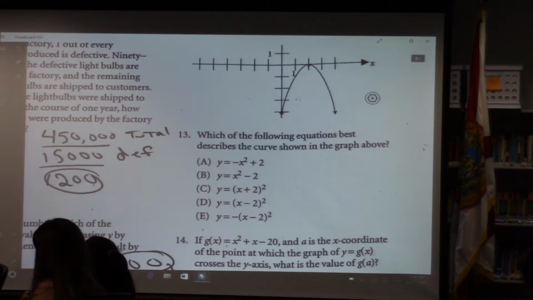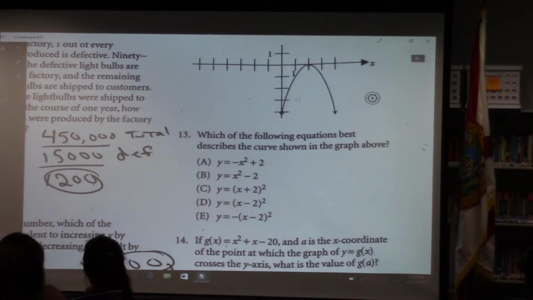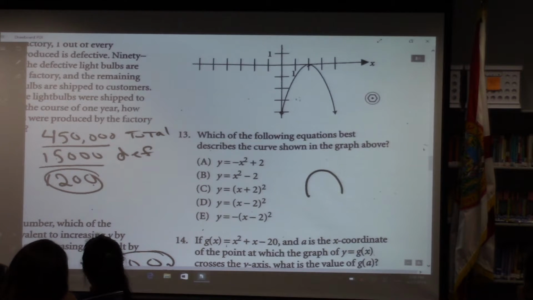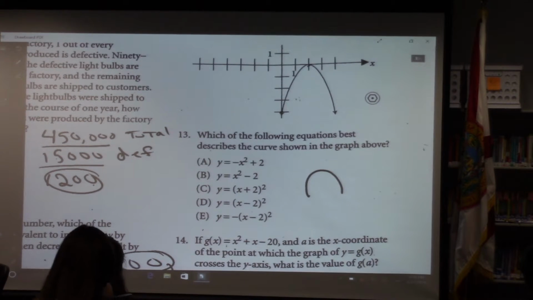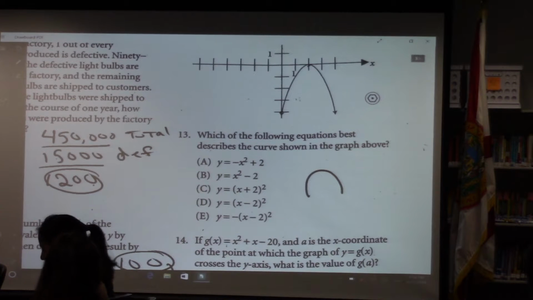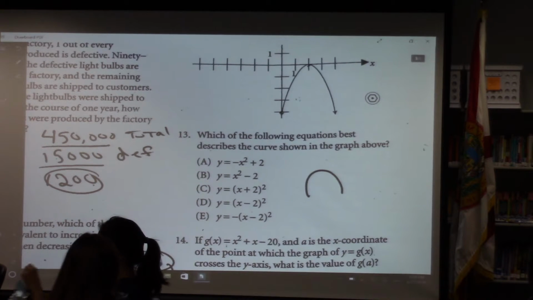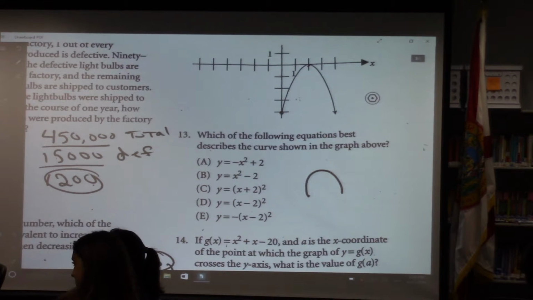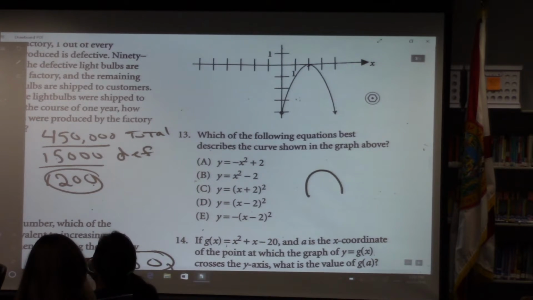But here, this is simple enough. So, what does it mean? How do we indicate that the graph is unhappy? It's rounded. You get it? That was good. Why is he unhappy? Because he's negative. And if I were negative, I'd be unhappy, but I'm a positive person. Okay. The other piece of it, so we know it has to be something with a negative, so that means that we are down 2. And then we know that it is